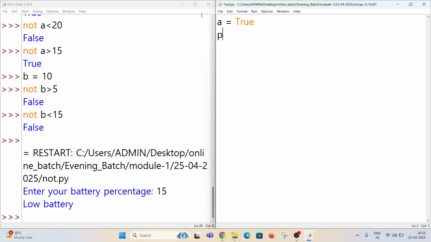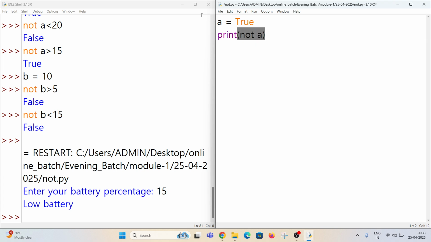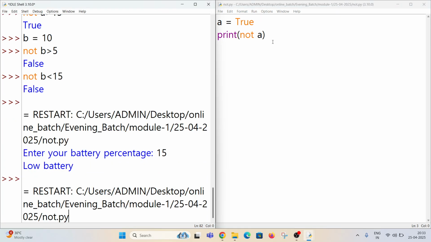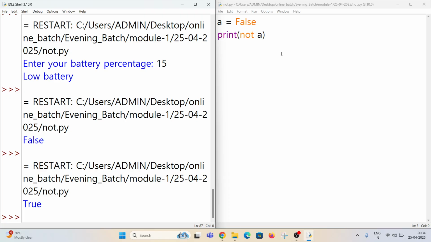Okay. Now I'm just printing not a. What will this output? Not a means not true, then it will be false. Yes, you are right. And if I take false here, then true. Yes. And in the same way,